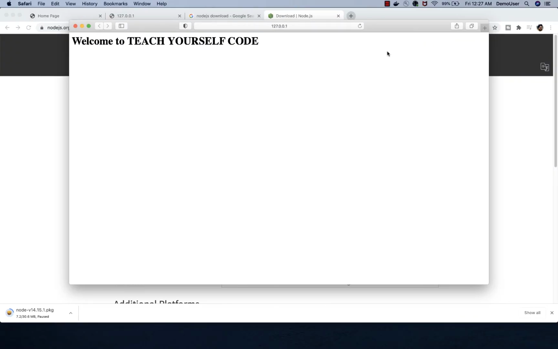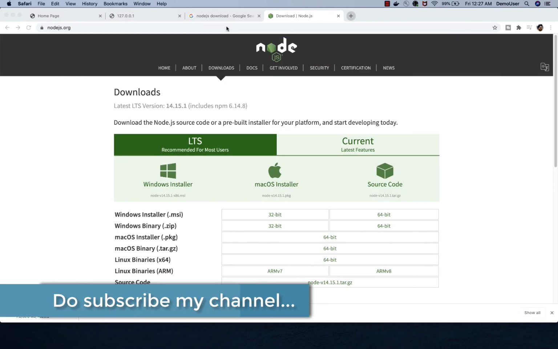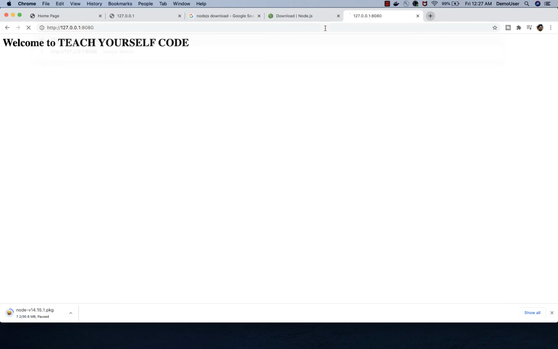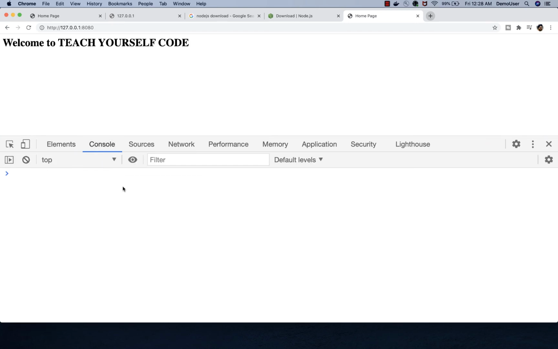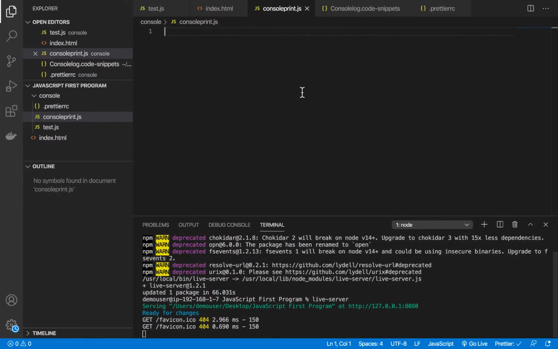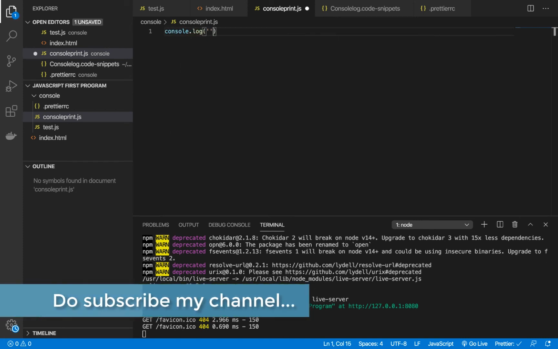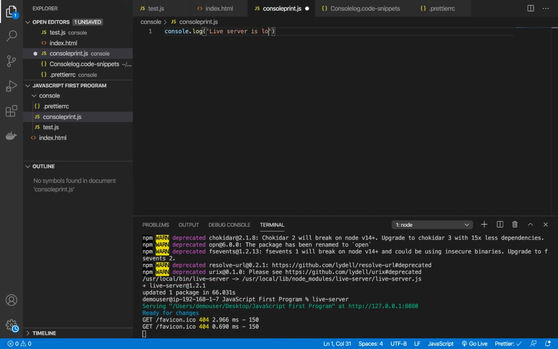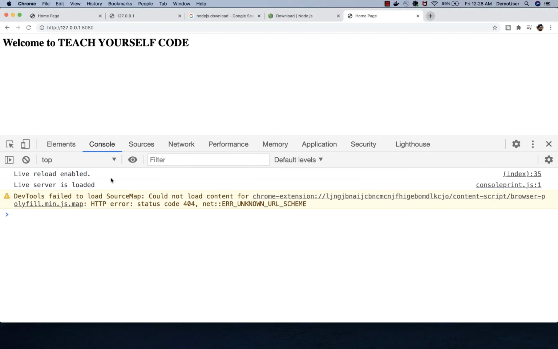And you can see, yes, it is open now. And this is the port and the IP. Let's close it. We'll go to the browser again. I'll paste it here. We'll inspect it in a Chrome browser because we're using it now, for the same reason. Just close it or clear the console. I'll go to my Visual Studio Code and let's type something over here. Let's say console log, and I will say Live Server is loaded. Save, go back here and you can see, yes, it is loaded over here.